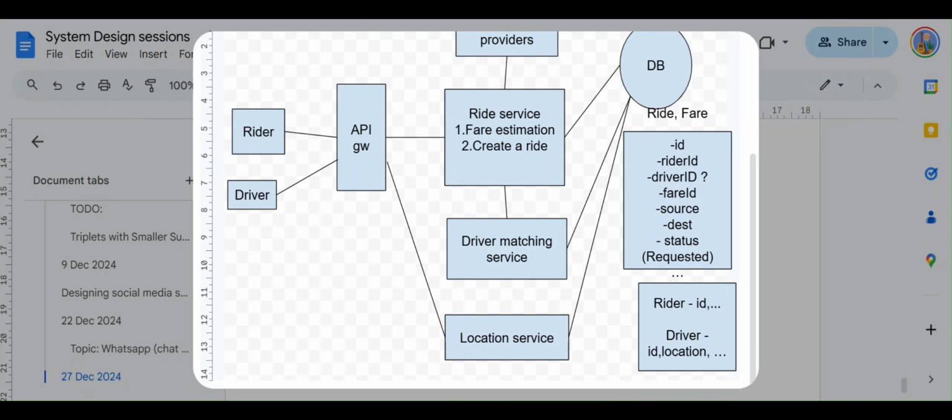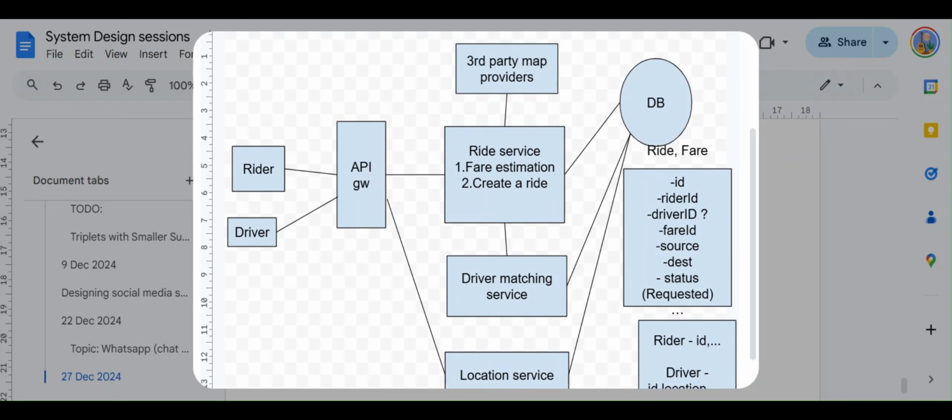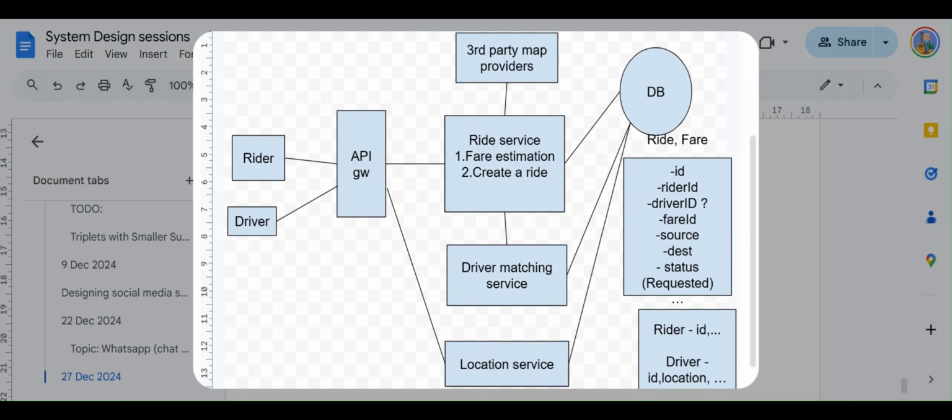This driver matching service is going to go to the database, and it is going to find out the nearest driver, which is nearest to the rider location, right? In the ride request, he has already sent us the start location, right? So we will be finding out all the drivers which are nearest to the start location.